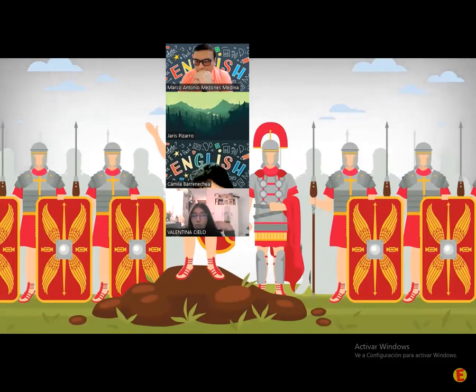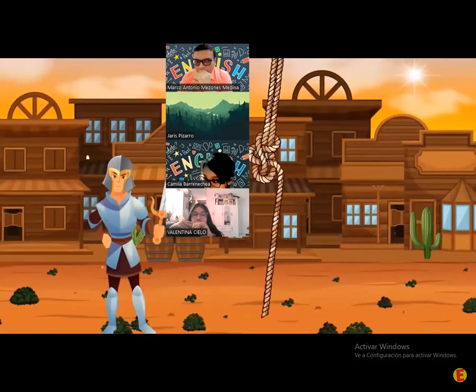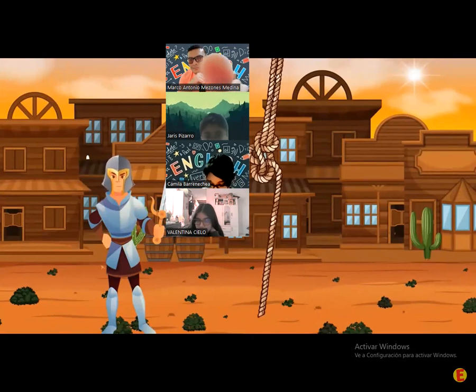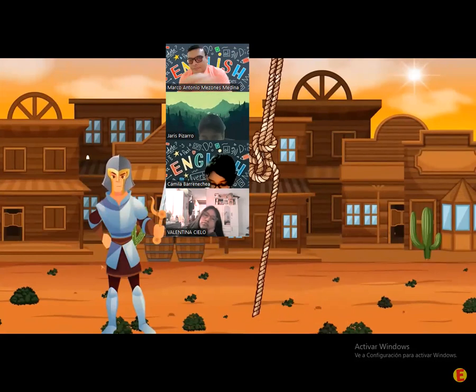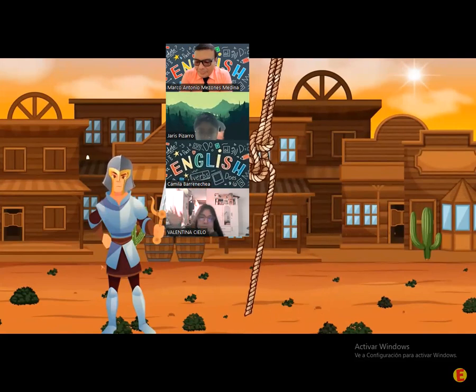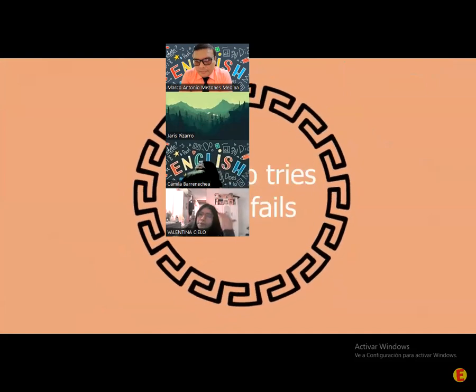During this time, another popular event took place. Alexander went to Gordium, where a famous Gordium knot was tied. It was legend that whoever would untie the knot would conquer all of Asia. Spoiler alert, Alexander did not untie it, but he took his sword and cut through it, paying homage to his motto, "He who tries never fails."